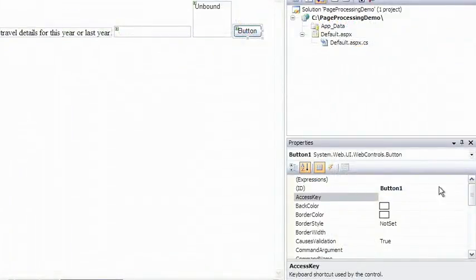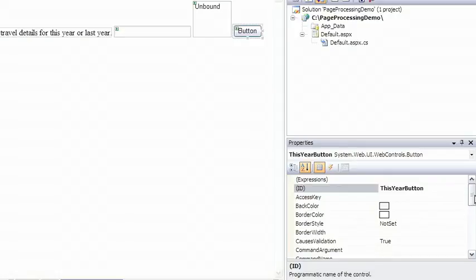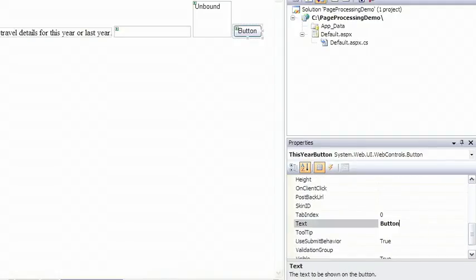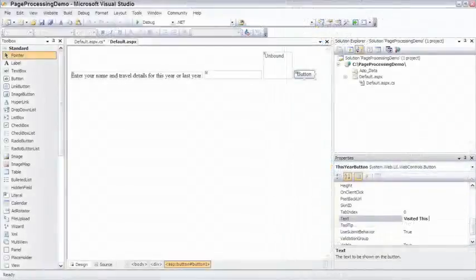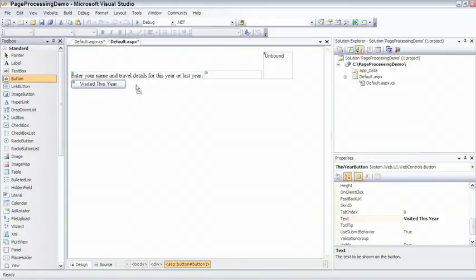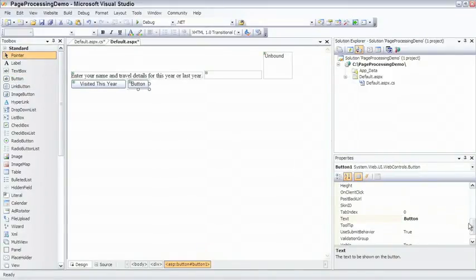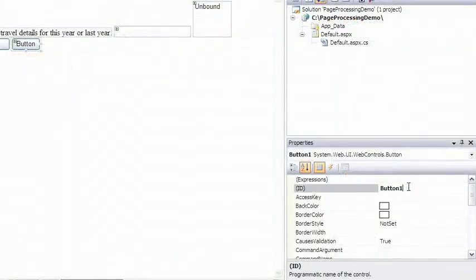Let's set the button to have an ID, this year button, and we'll set the text to be visited this year. So the idea is that the user can enter their name, choose countries that they've visited this year, and then click this button. I'm going to add another button, add it here, and this button is going to represent the